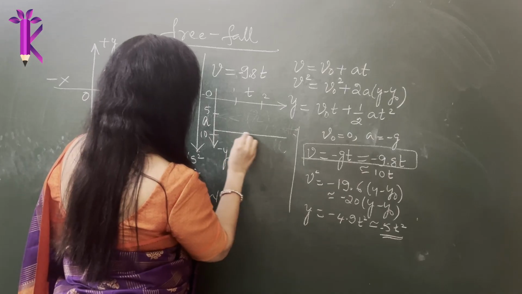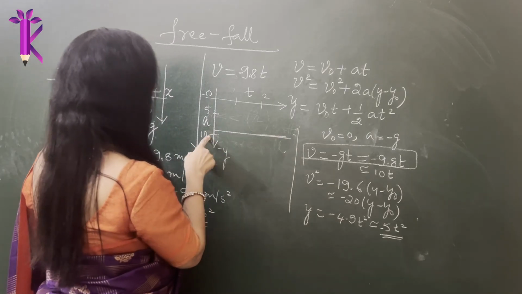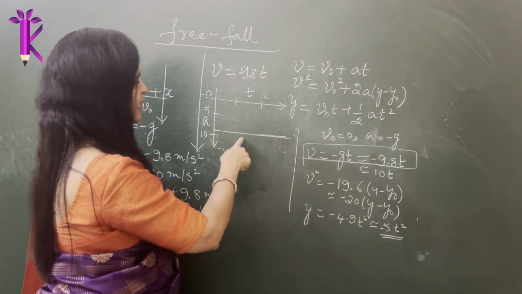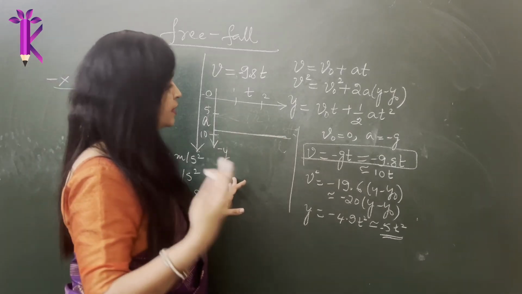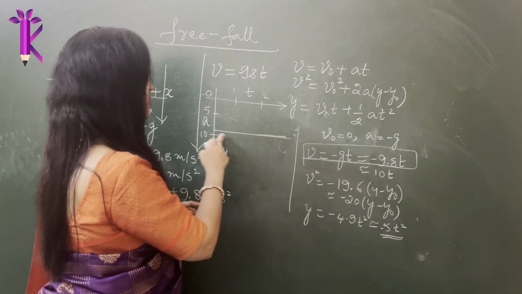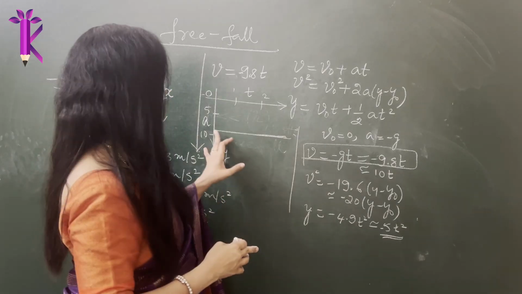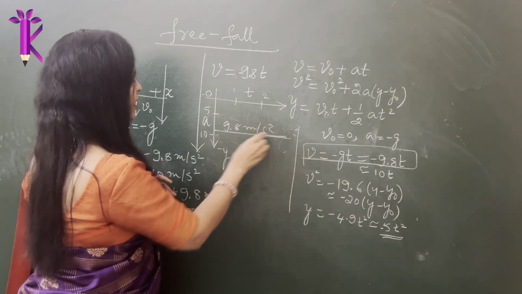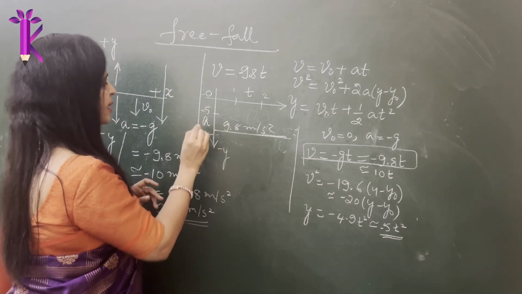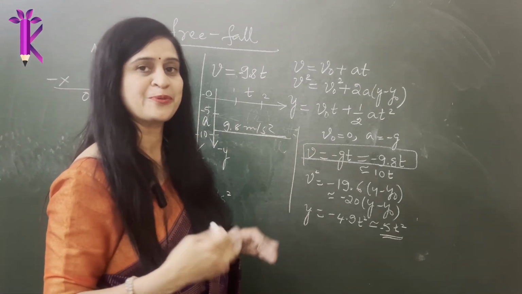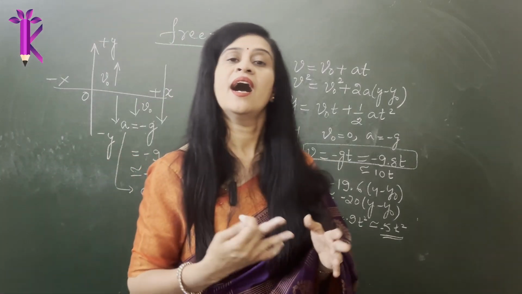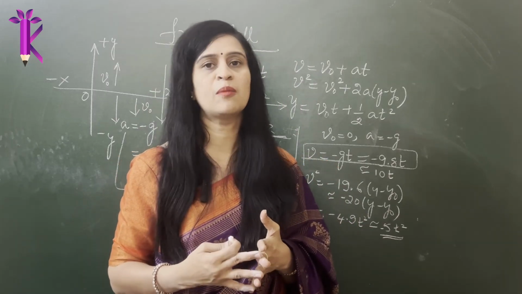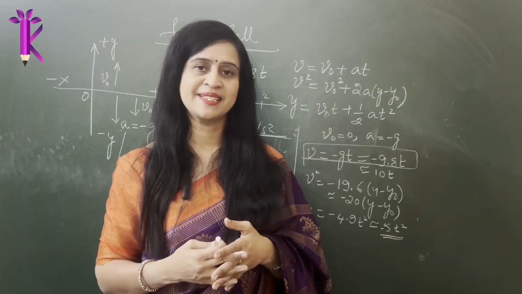You see that under constant acceleration, acceleration is constant for any number of times. It will be a straight line parallel to the time axis, because even after any time gets elapsed, the value of a remains constant, which is equal to 9.8 meter per second square. It is minus because it is in the downward vertical direction. I hope you understand this. These things are very crucial when it comes to solving your numericals.